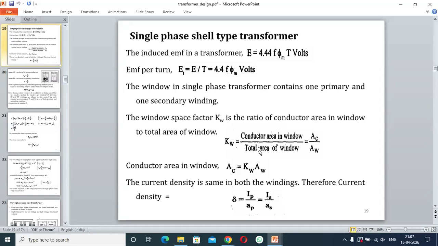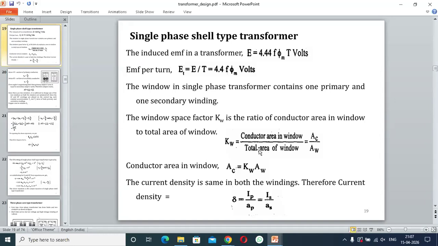So now let's understand what will be the value of KW. The value of KW will be given as the conductor area in the window divided by the total area of the window, and finally it is going to become AC divided by AW. And the conductor area in the window is going to become AC equal to KW multiplied with AW,